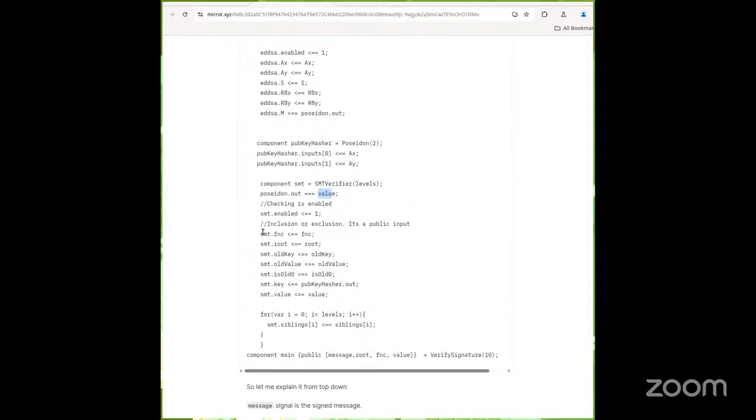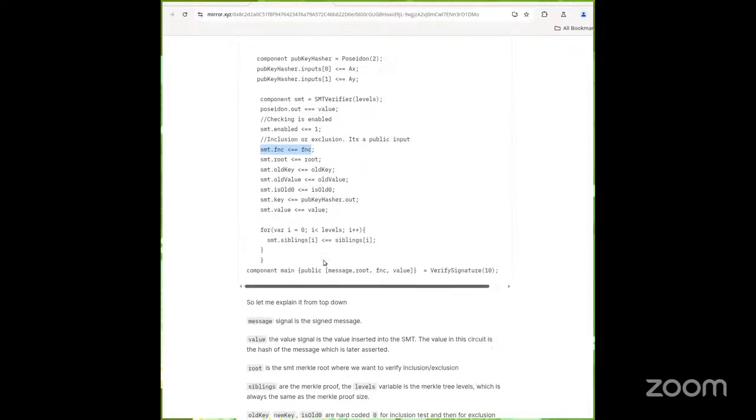And the FNC function is a signal that will tell you if you're testing for inclusion or exclusion, and there are some other parameters which are explained in the documentation. And your public variables are the message, root, if you test for inclusion or exclusion, and the value that needs to be in the Merkle tree.